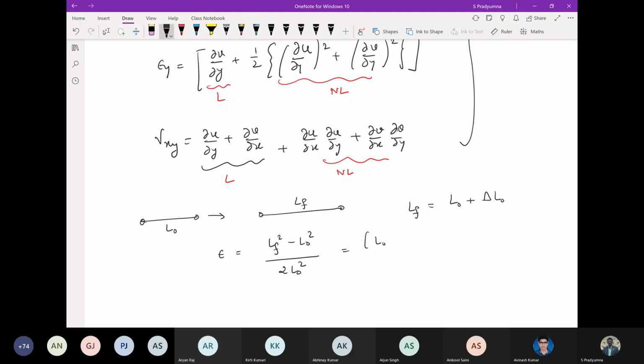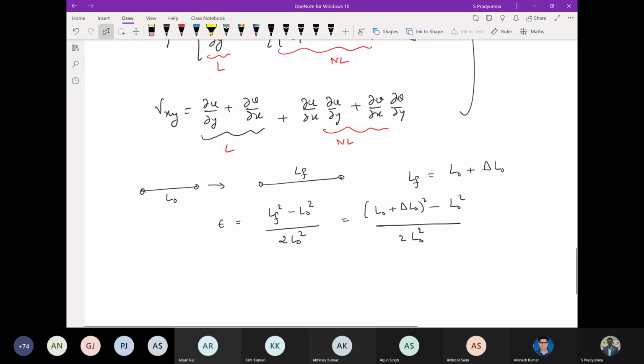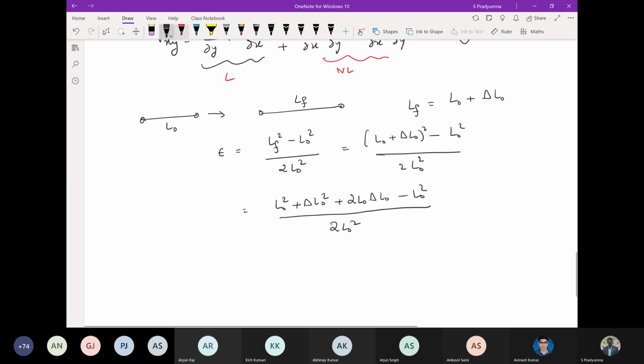I just write it as L0 plus delta L0 square minus L0 square divided by 2 times L0 square, that is equal to L0 square plus delta L0 square plus 2 times L0 delta L0 minus L0 square by 2 times L0 square. I can cancel out some of the terms here, L0 square will go away, and I can write this expression as delta L0